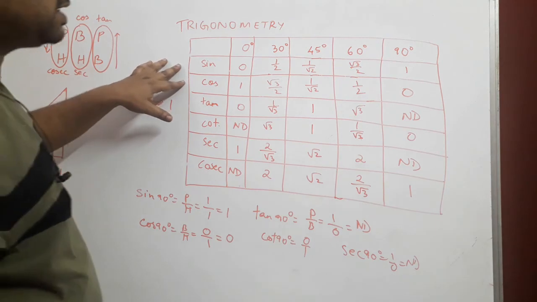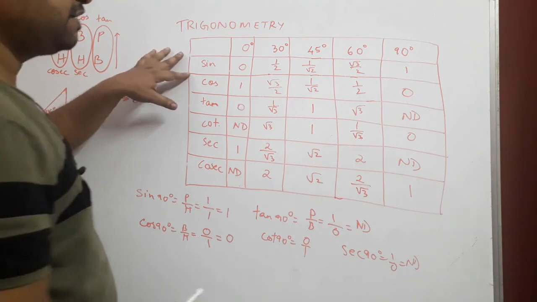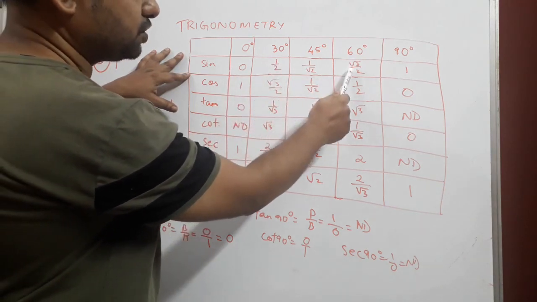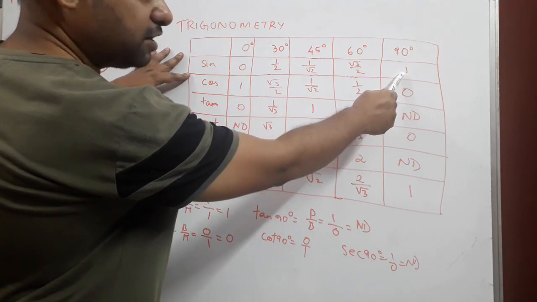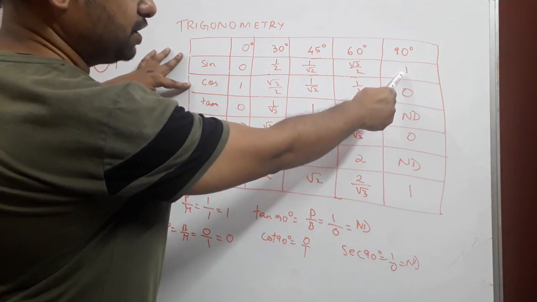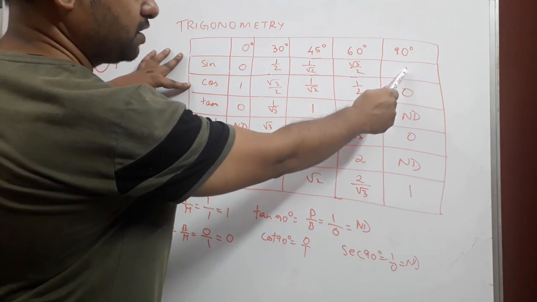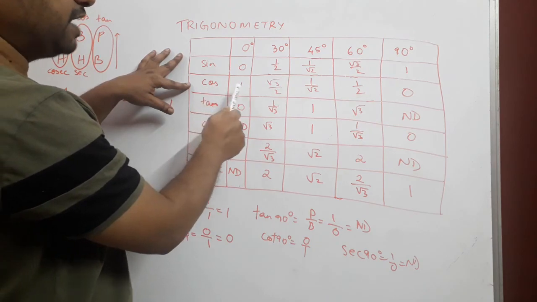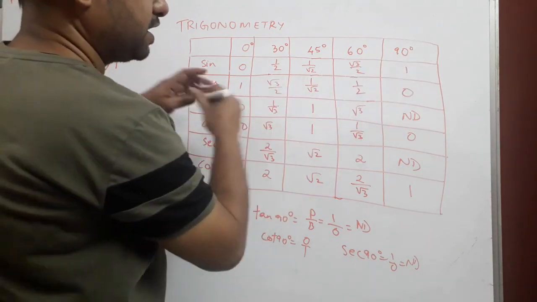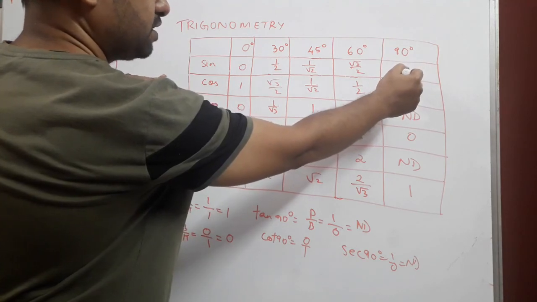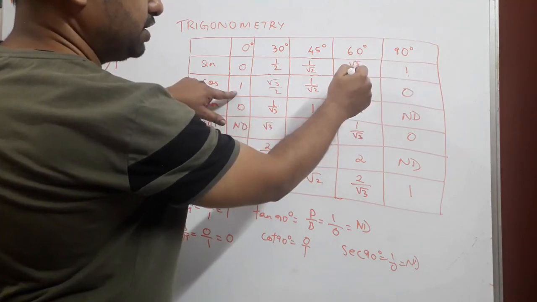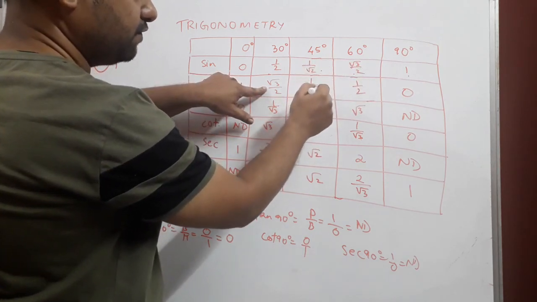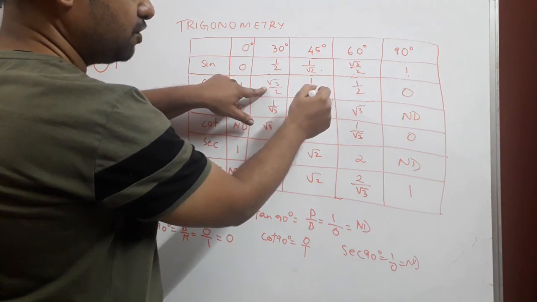Cos is the exact opposite of sine. So we have started from 0, half, 1 upon root 2, root 3 upon 2 and 1. Now to start cos of 0 degrees, we begin with this value. Whatever the last value was becomes the first value of cos, and it goes in the reverse fashion. So you have here 1, that 1 comes here, then you have root 3 upon 2 that comes here, then you have 1 upon root 2 which will merge with 45 degrees of both.